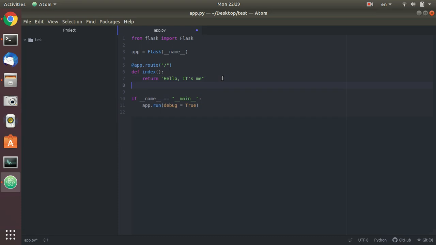We can add some URLs with variables. Say app.route and provide a URL with a string written in this angle bracket syntax and name our string, let's say name. Okay, execute the next function, let's say def, and name it hello,